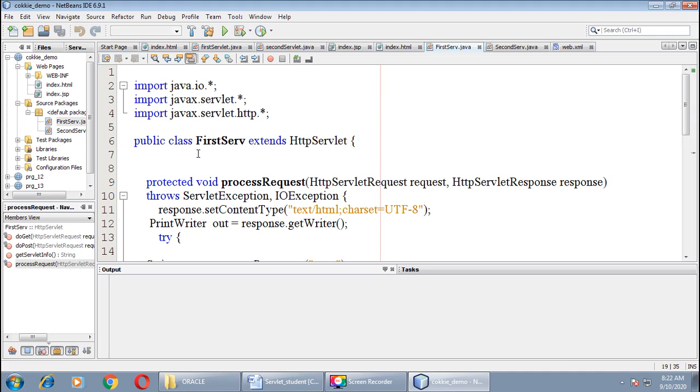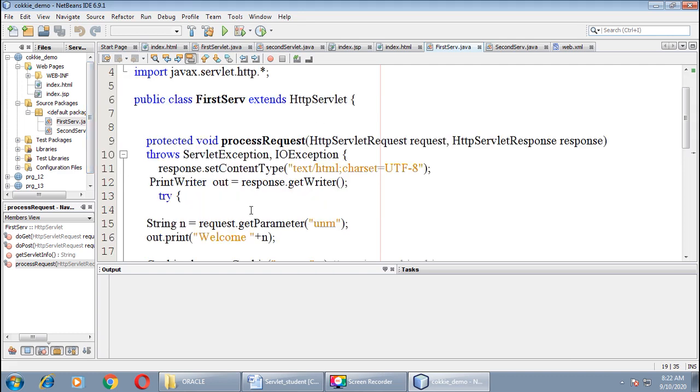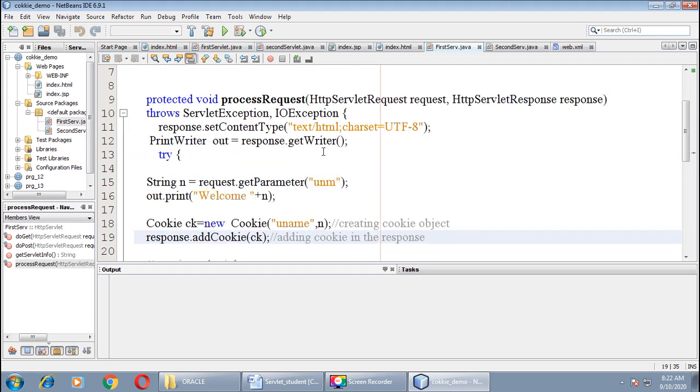Our class named first servlet is already defined, which extends the HttpServlet class, right? The method processRequest, you will get it ready made. This method has 2 objects, one of type HttpServletRequest and the other of type HttpServletResponse.